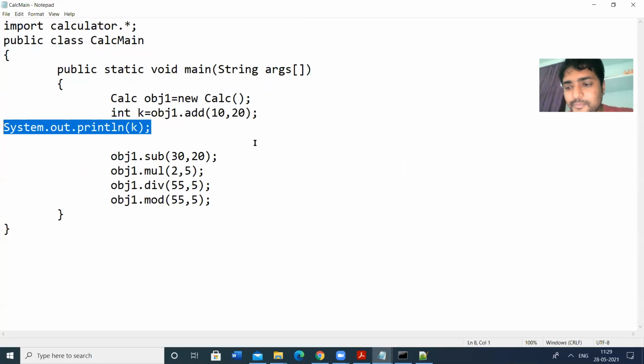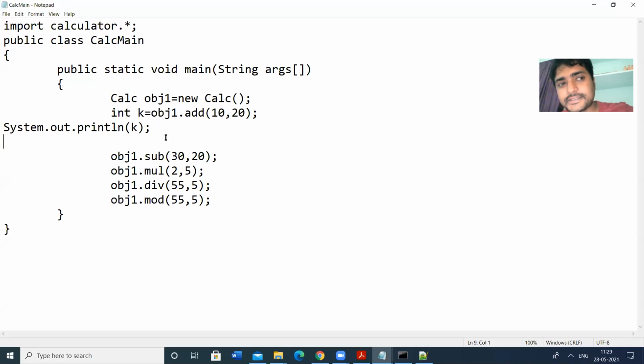So here we get this problem in accessing. That means access modifiers: public, static, private, protected. So in the packages, we have to use them very carefully. For the most part, we have to make all classes and all methods public, so that all other packages can access those classes. So in the next class we will discuss the access specifiers. So while writing the packages and while importing the packages, we have to take care of these access modifiers. So this is all about creation of our own packages.